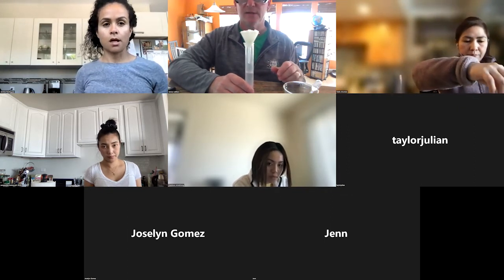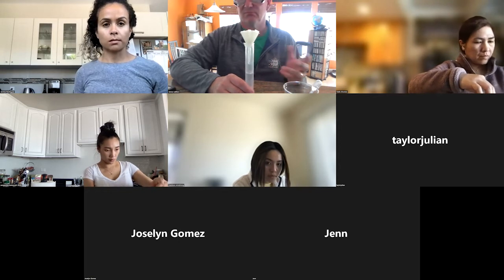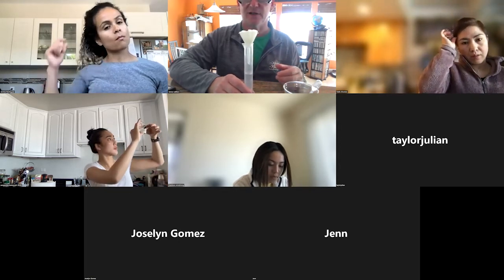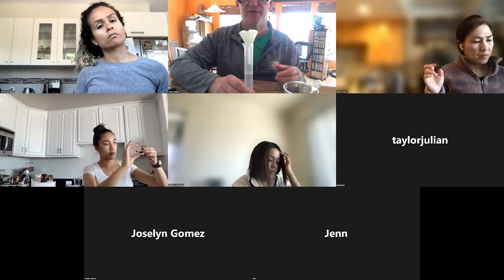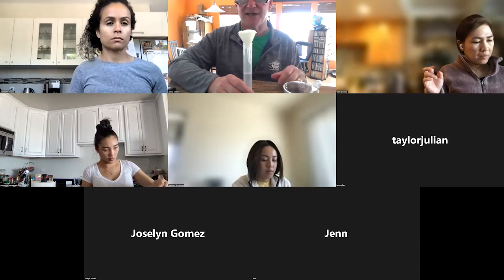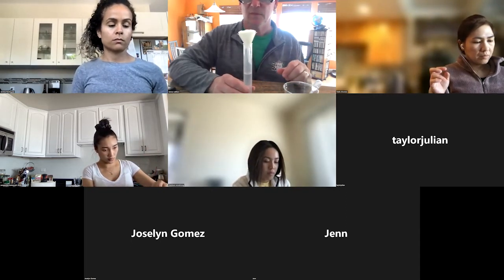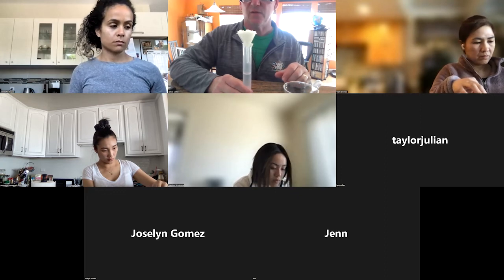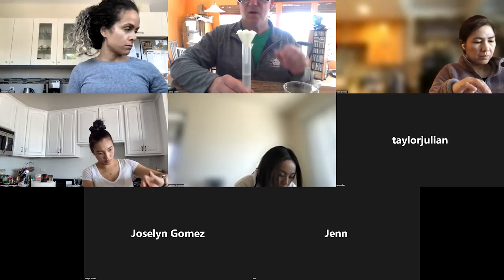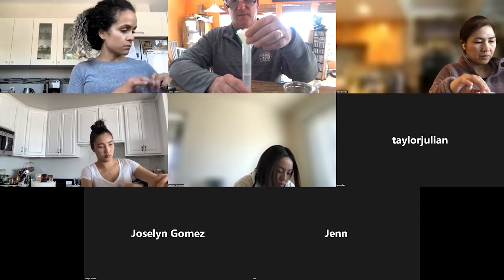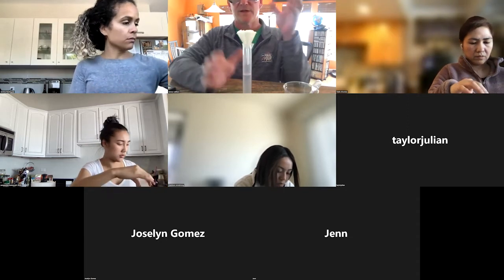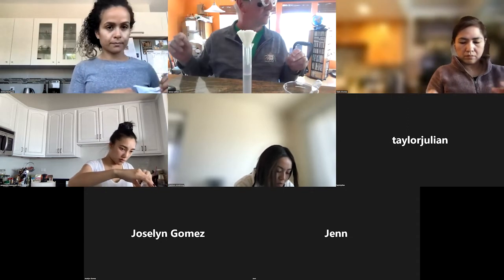washing this because we're not particularly concerned about using it for anything else. If there's a little bit of acetic acid in there, really not that big of a deal. So then just take it out and let it dry